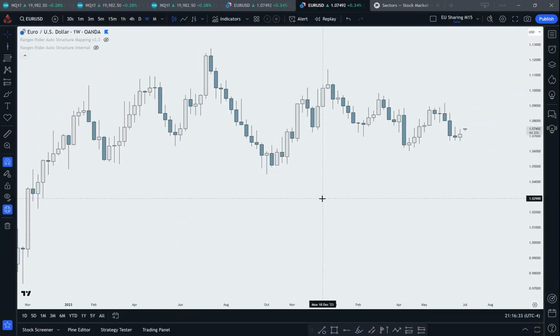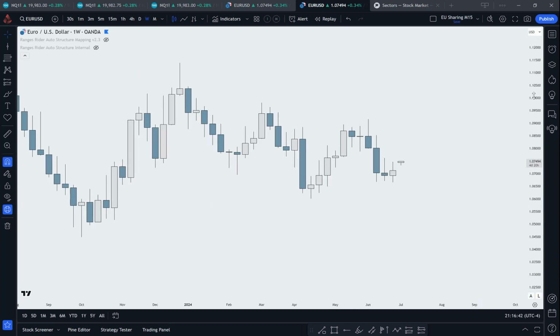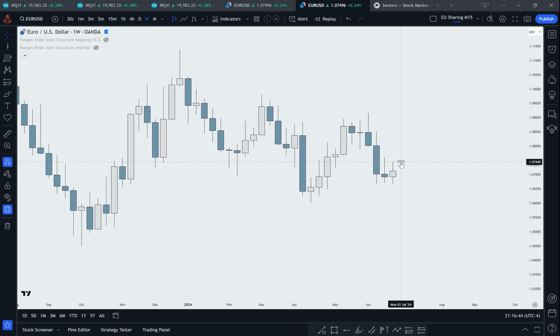Hello everyone. Let's see some current market overview. So we are on the weekly time frame. On the weekly time frame, basically we opened gap higher